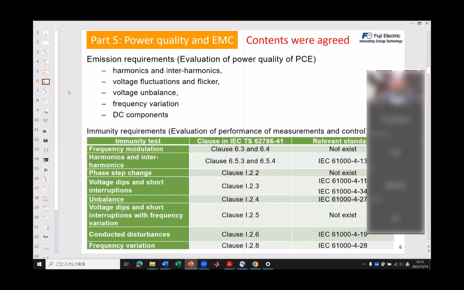So here, there is the list for the EMC issue. It's a simple two requirements. So you can see at the top, this part 5 covers the testing requirements in order to measure the harmonics, voltage fluctuation, voltage unbalance, such like that. So referring to our existing IEC standard, this part 5 provides the testing conditions and testing procedures. And here at the bottom, it is a very important part. Now we have the